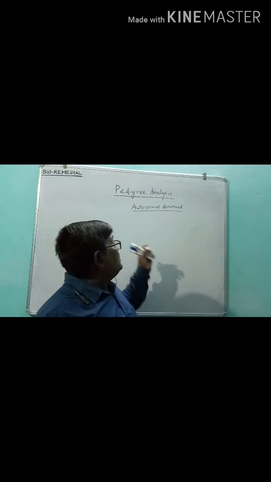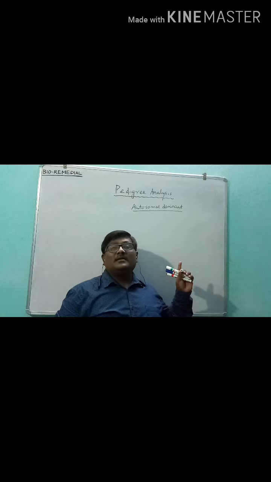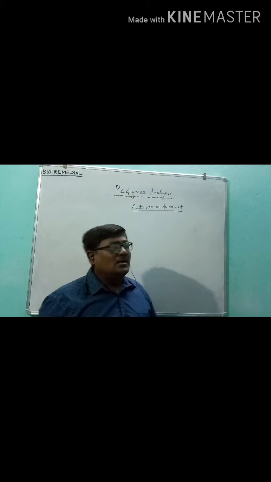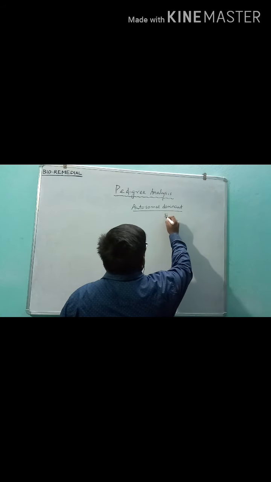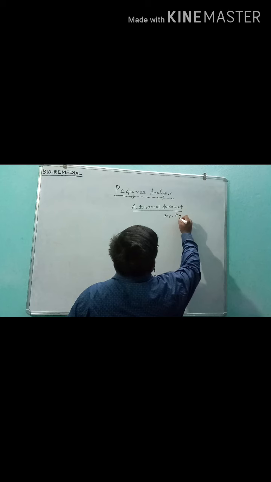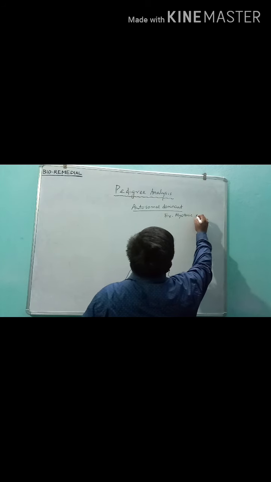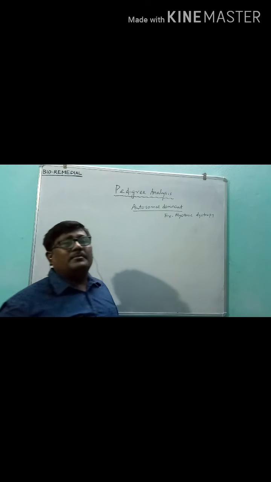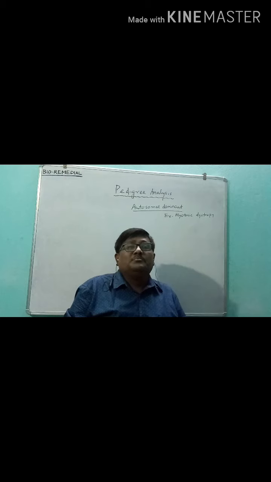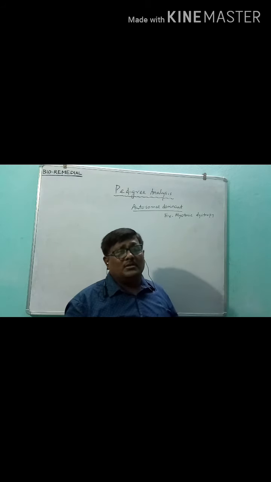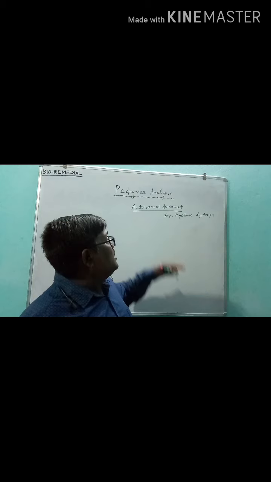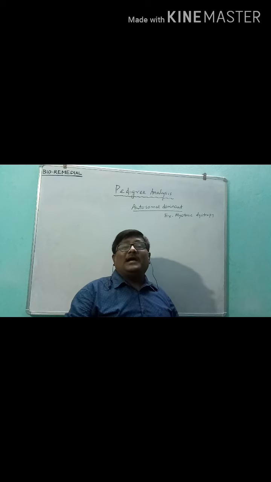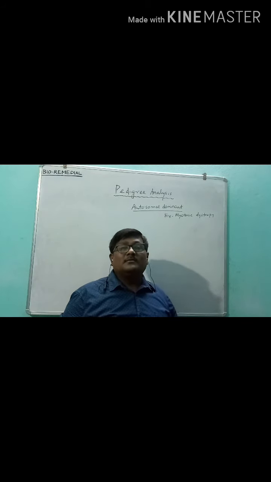So let us look at the first autosomal dominant disorders. The most important example of an autosomal dominant disorder is myotonic dystrophy. In this part we will not discuss what the disease is all about, what the symptoms are, or how we can prevent it. Here the disease name is important. Myotonic dystrophy should be identified as an autosomal dominant disorder.